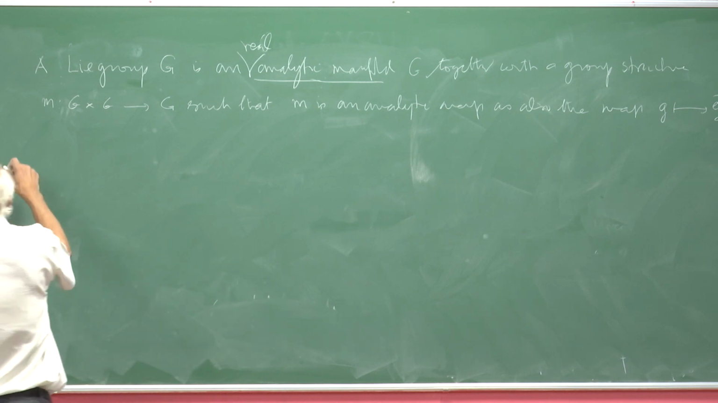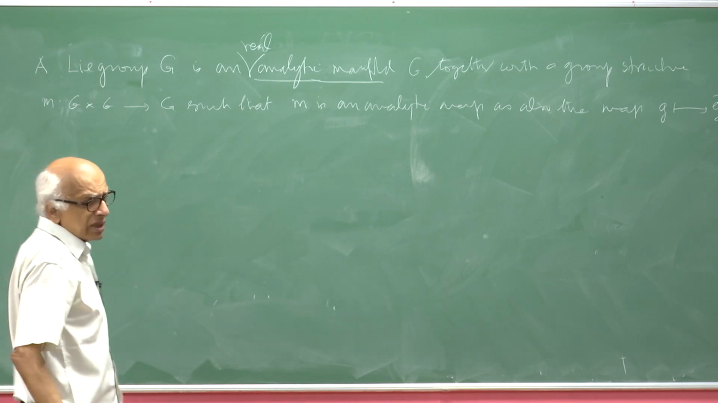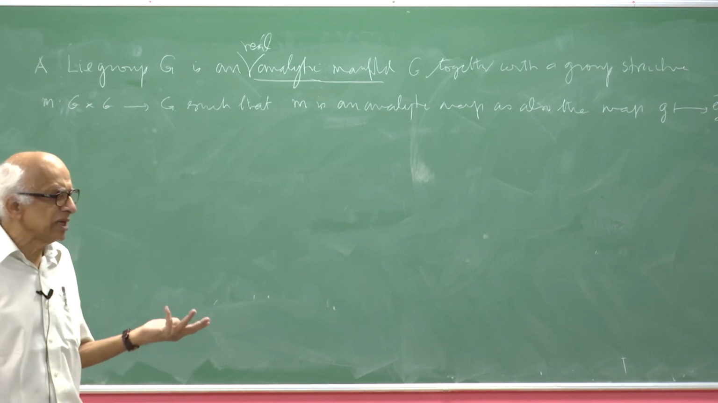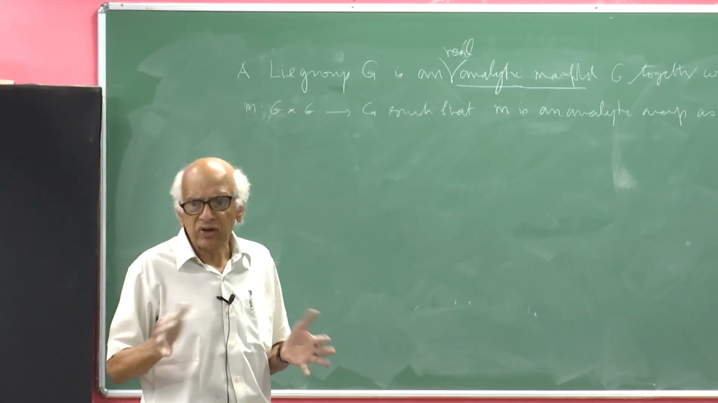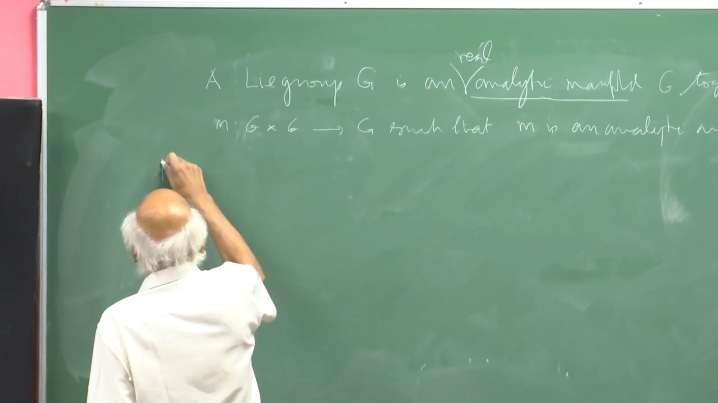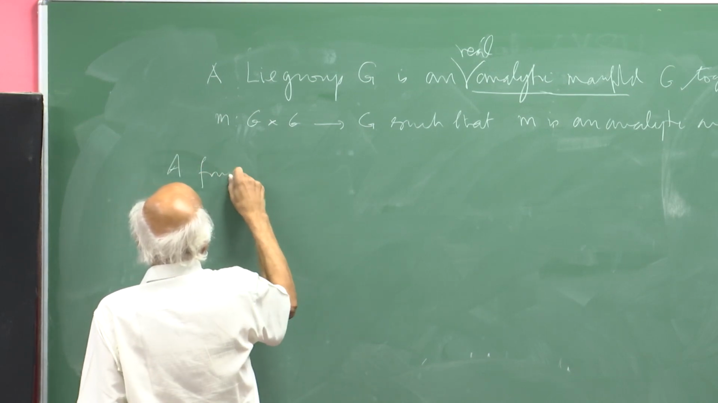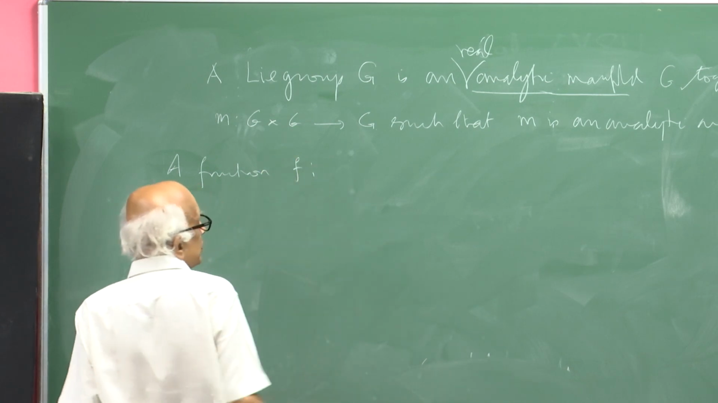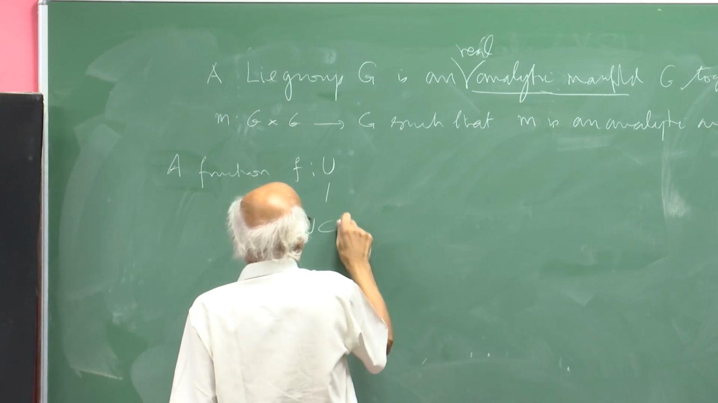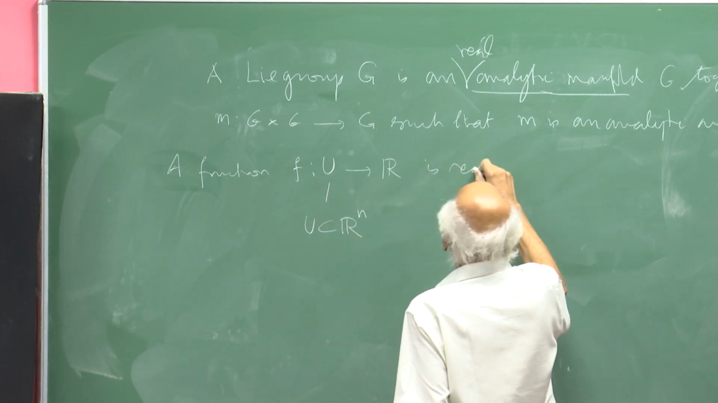First, people are familiar with complex analytic functions, but generally they don't deal with real analytic functions. How does one define a real analytic function? The simplest way to define a real analytic function is the following. A function f on an open set U in Rn to R is real analytic